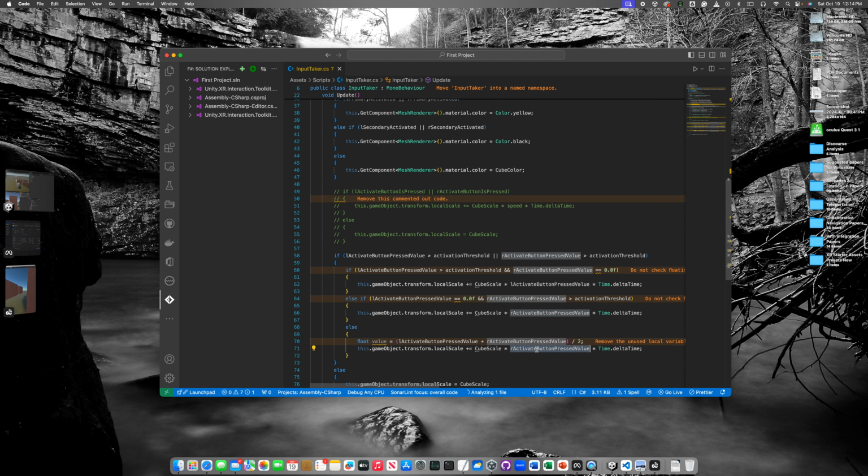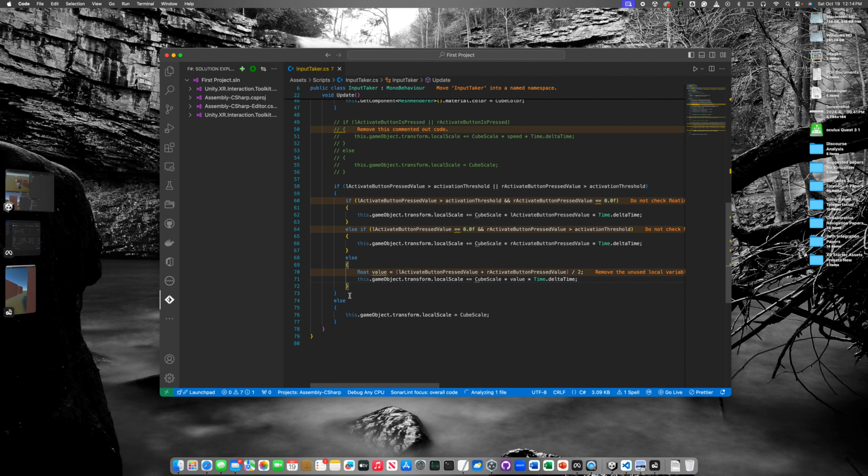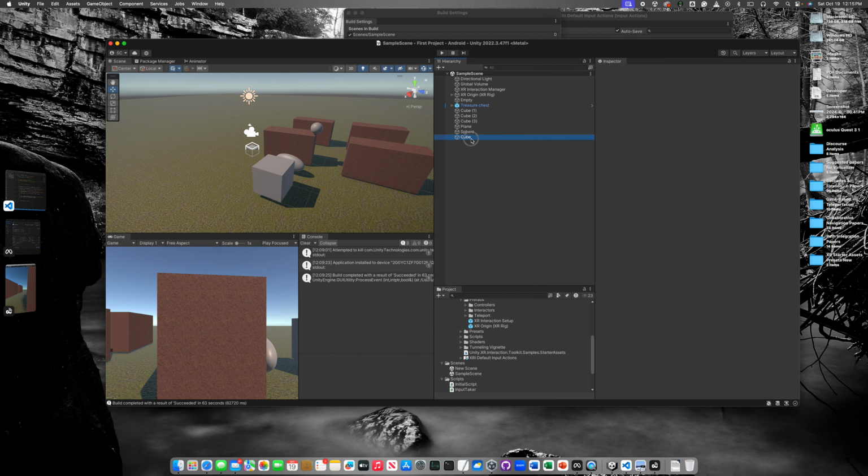here. Okay, and then this will be the same, because whenever no button is pressed, it will come back to its original cube scale. Okay, now let's load it. So come to cube